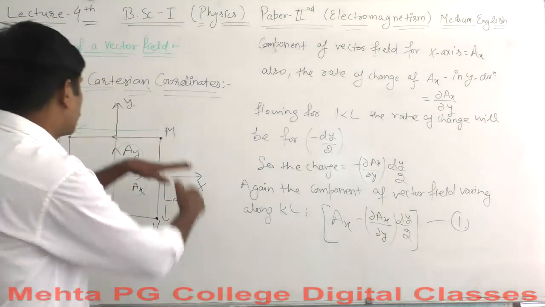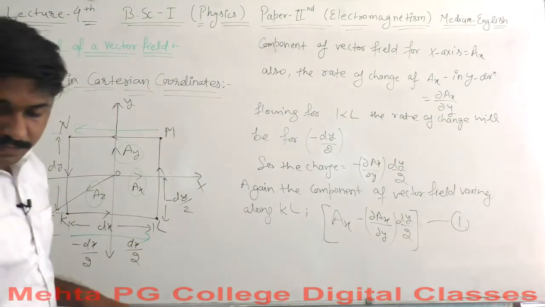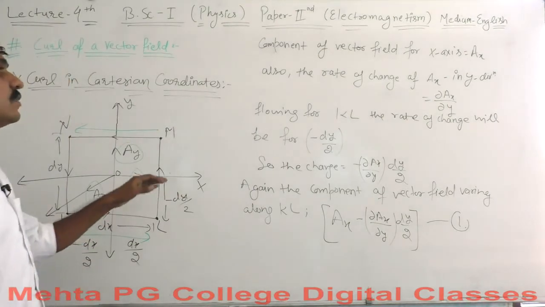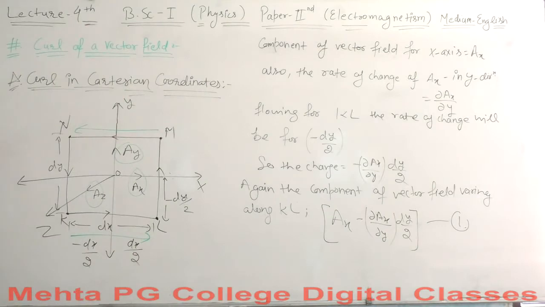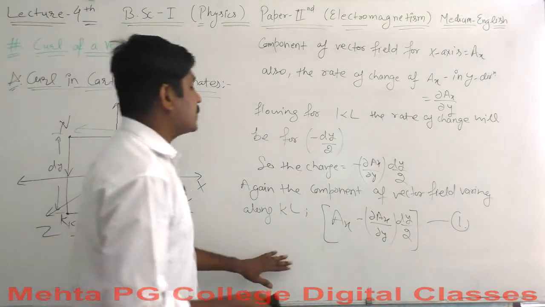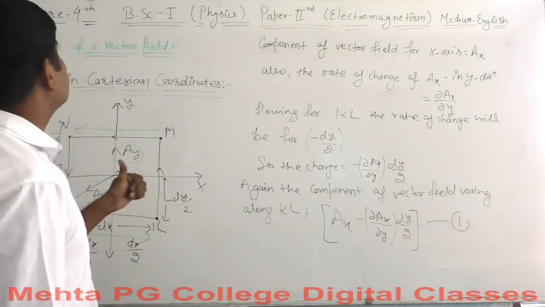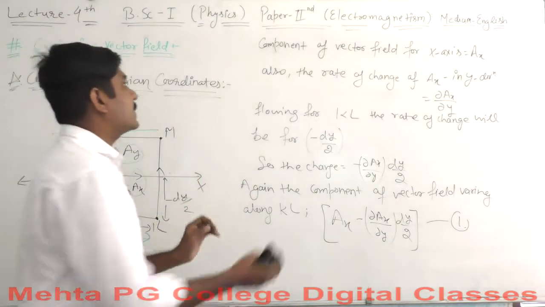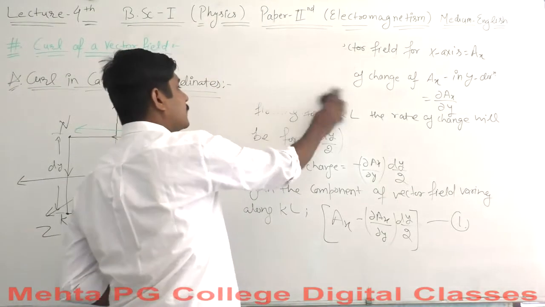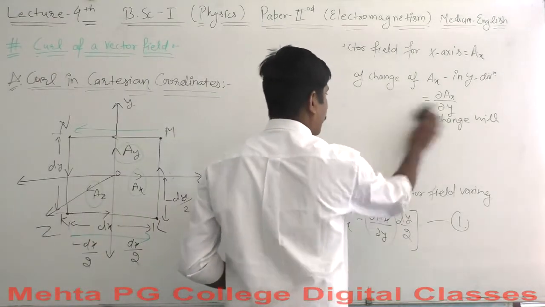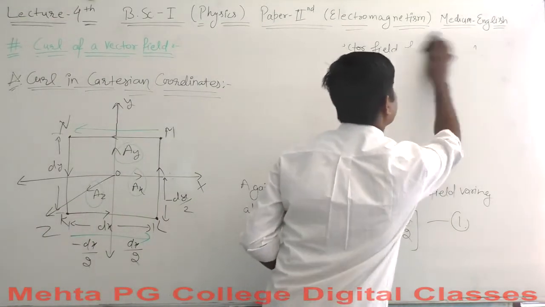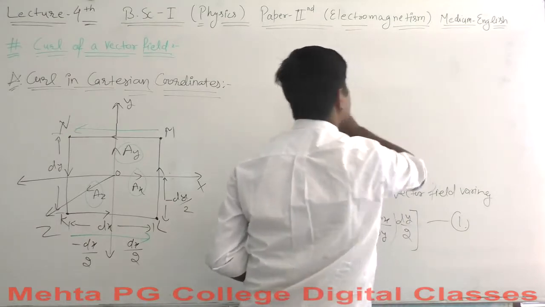Again, what will happen for the MN direction? So what if we go for MN direction? Keep it in mind. Let me go a bit apart and you can take a screenshot here. I hope that you are done with the screenshot. Keep in mind equation 1 here. Let me write down equation 1. Keep it here. We will go for direction MN. Okay, let me clear this off again.